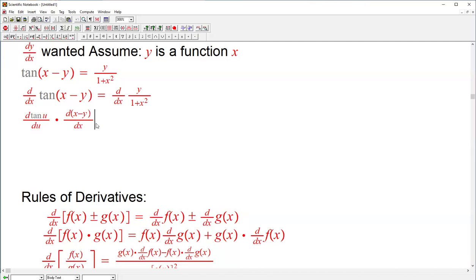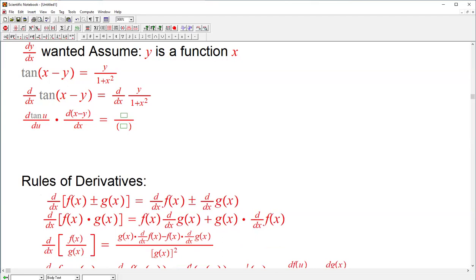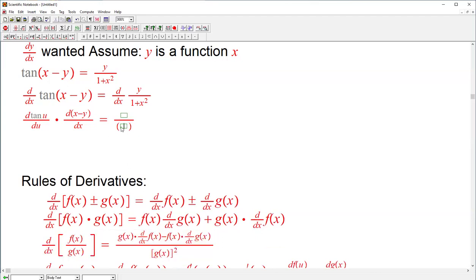Okay? And we're going to come back to take care of tangent u with respect to u, which is of course secant square u. Okay? On the right-hand side, we're going to apply the quotient rule. Where's the quotient rule? The quotient rule is right here. Okay, quotient rule. So we have 1 plus x squared